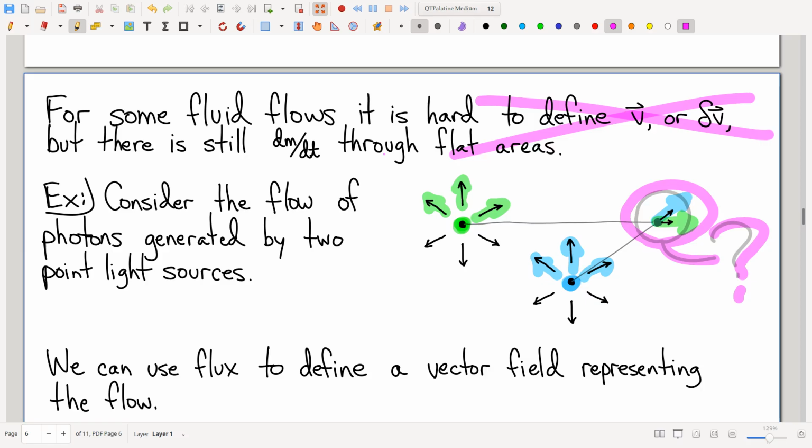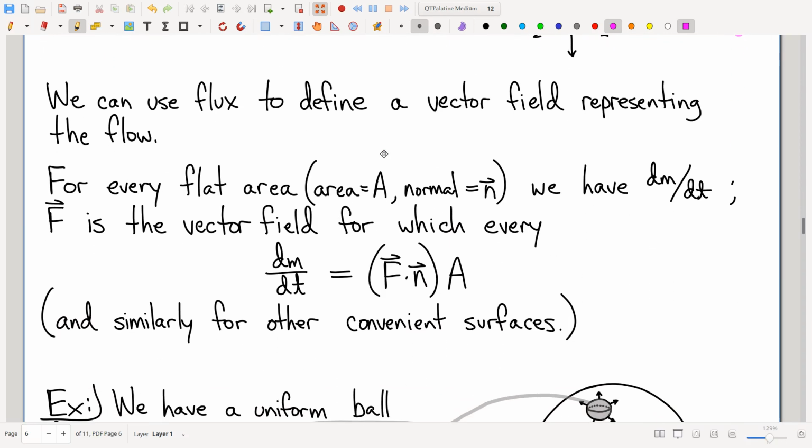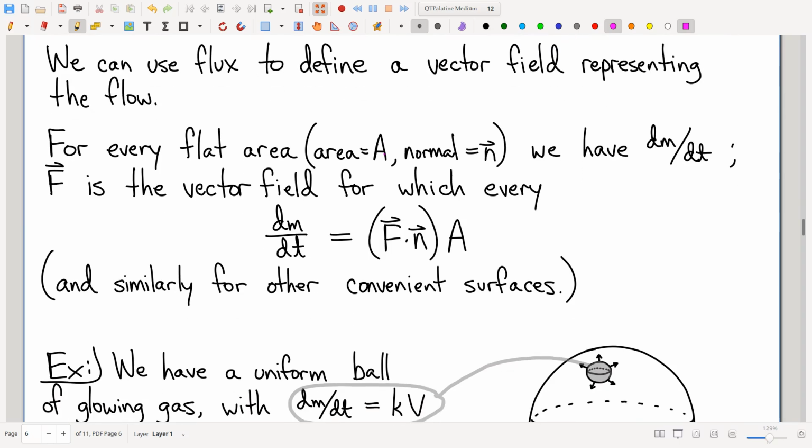So what do you do? How do you represent light flow with a vector field? The answer is that you look at the answer to the question that we've already got, and you turn it around backwards. What we've previously done is presume that we knew a vector field representing, in this case, density times velocity, whatever. And then, given that vector field, we asked, what is the flow rate? And we're going to turn that around backwards by saying, look,